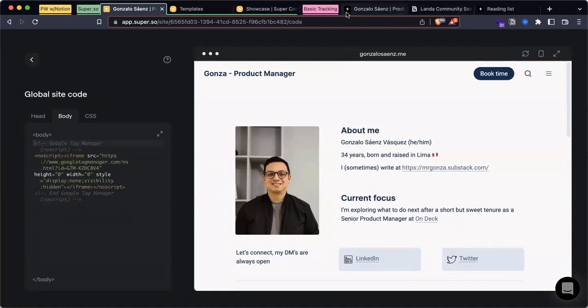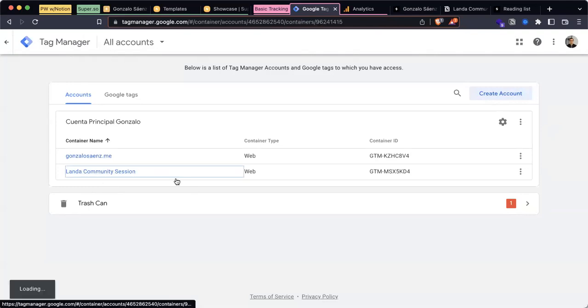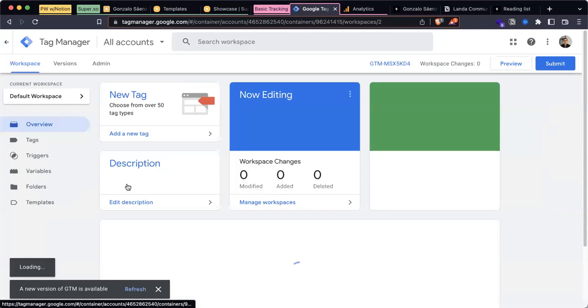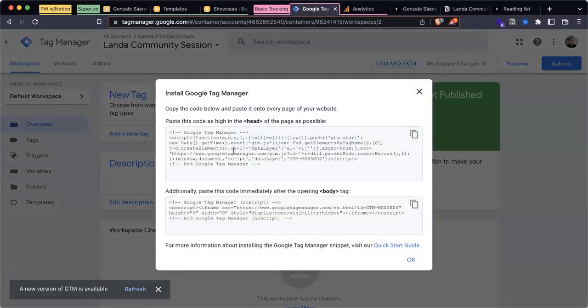So basically what I've done is I'm using Google Tag Manager. And what I did is I created a container. It's really easy. When you land on the Tag Manager page, you go to accounts and you can create an account. Here I created Lambda Community Session. And basically what this creates is a workspace that is connected with your website. And you can also click here and you will get two types of code, the head of the page and the body of the page.